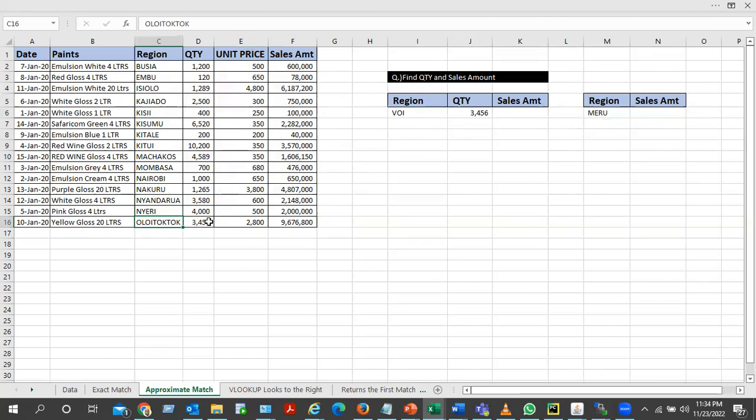O is ahead of V. So what happens is the system checks the preceding item, which is before the region that you are looking at, or the item that you are looking at. The preceding one, which is before that region, is what the system will give. For example, if we try Meru, and we provide